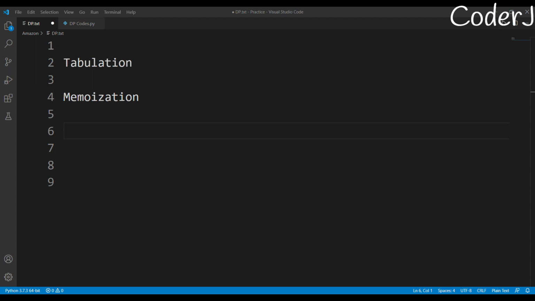Okay, and in memoization we first tell what we want, that is my final result, and then we tell what we need to do in order to get that. Like we start from the nth value and then we sequentially move down the ladder. Okay, and that's why it is known as the top down approach.